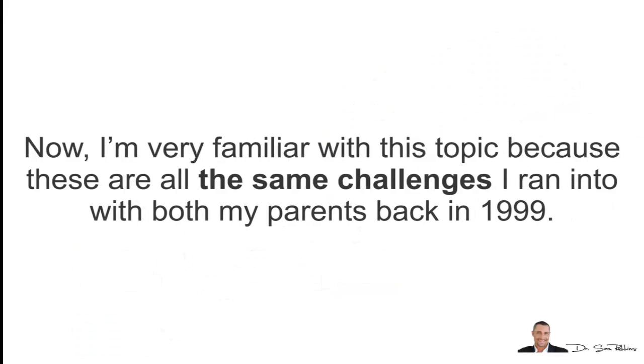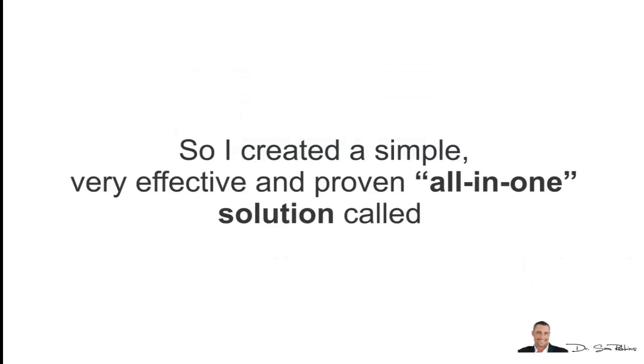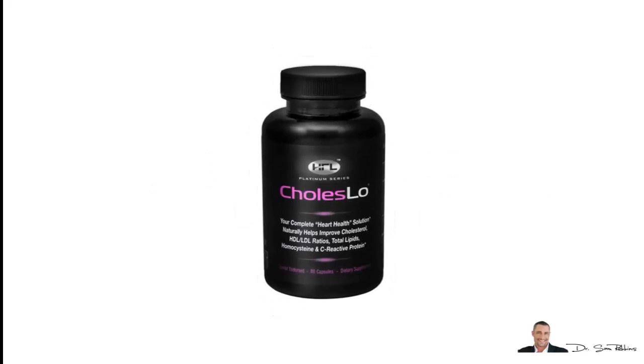Now, I'm very familiar with this topic because these are all the same challenges I ran into with both my parents all the way back in 1999. So because of this, I wanted a solution for my parents that was safe, it worked quickly, and just was easy. So I created a simple and very effective and proven all-in-one solution called Cholesterol, which is a small pill